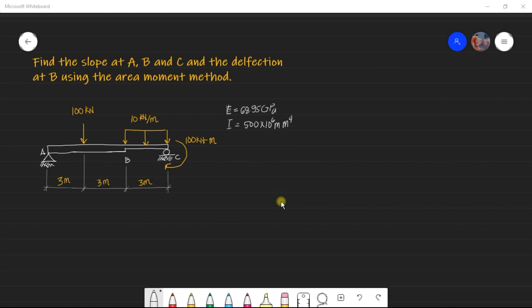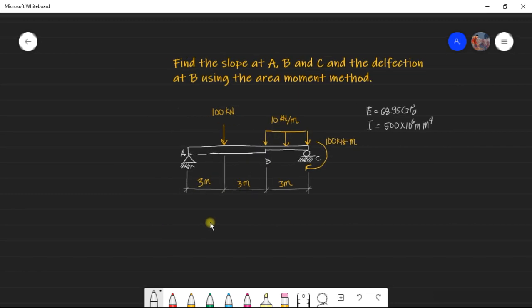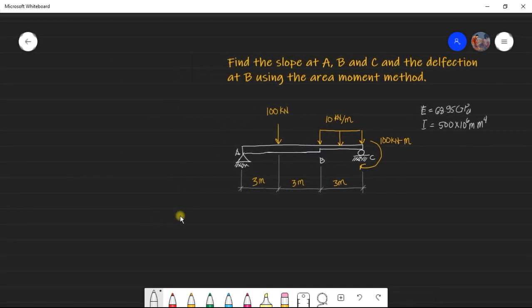So in your module, it was presented the concept of area moment method, but let me just emphasize some of the major issues na naranasan from my past students nung nagturo ko ng struct. So, in the area method, some confusions arise between the deviation and the deflection. So, let's differentiate that. So, let's say this is your beam,